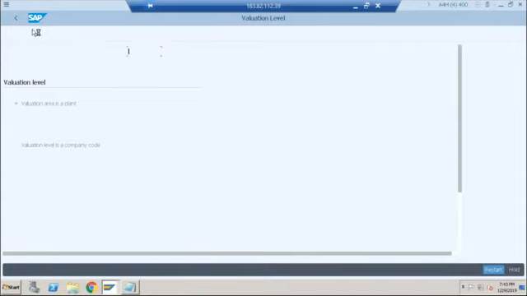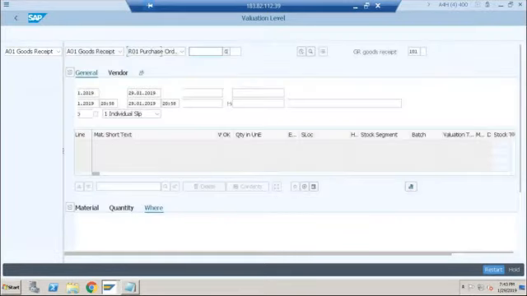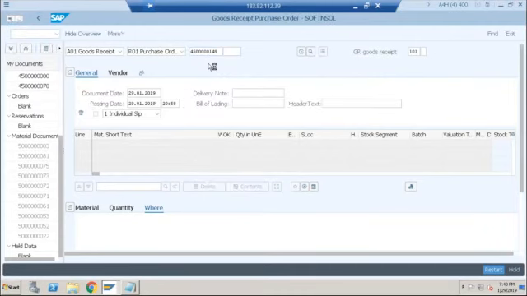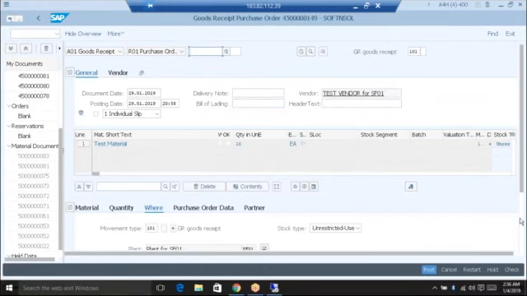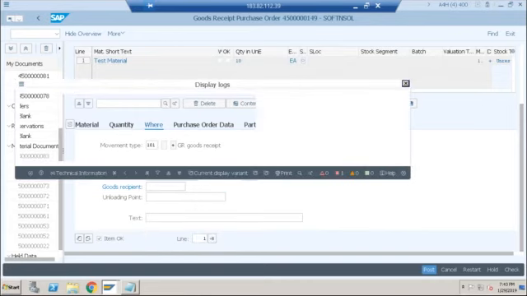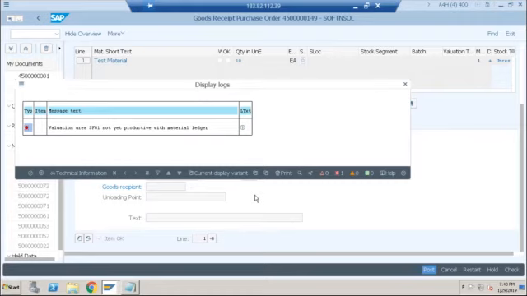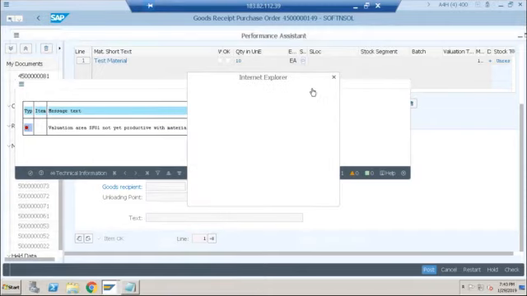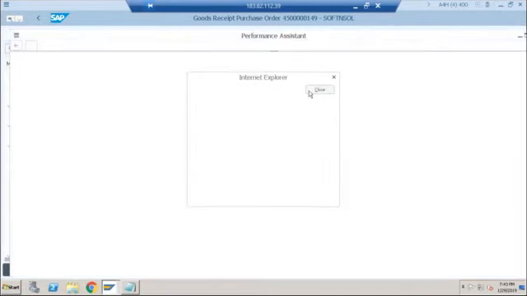although my material ledger is active, if I press enter again and provide all that information, so item OK, storage location here, and click on post, now I am getting another error. Now it is not saying material ledger is not active, it is saying it is not yet productive. This is because one step is still pending. Now what is that step? If you click on this question mark, again it will tell you to go to accounting, controlling, product cost controlling, actual costing, material ledger, environment, and production startup.